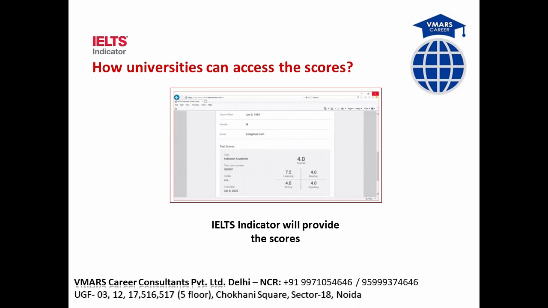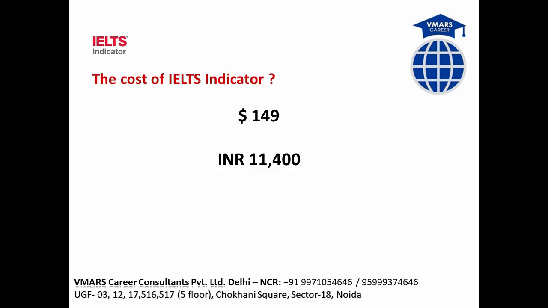After your personal details, there will be the test scores. IELTS Indicator will provide the scores in this format. If you can see this image, the box there is not how your TRF looks. It will look like this, a grid wherein your listening, reading, writing, and speaking scores are shown, and then an overall score. Please understand, this is an indicative score. If you see clearly, the gray box inside the box says IELTS Indicator Academic. It is just to understand your English proficiency.